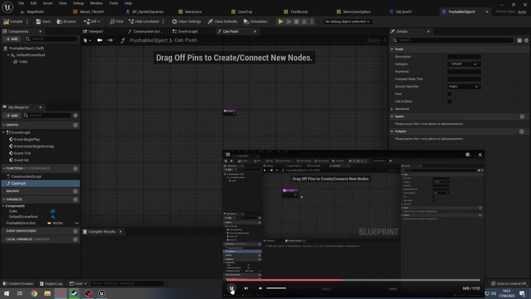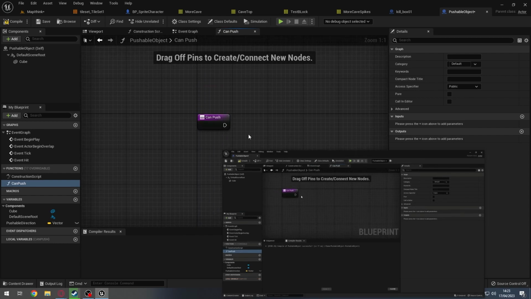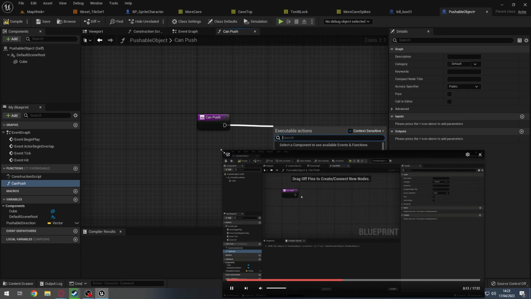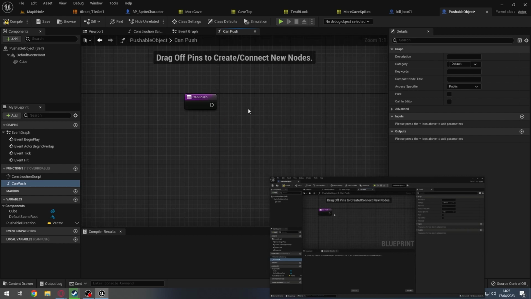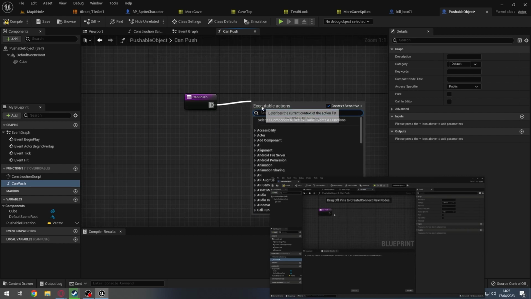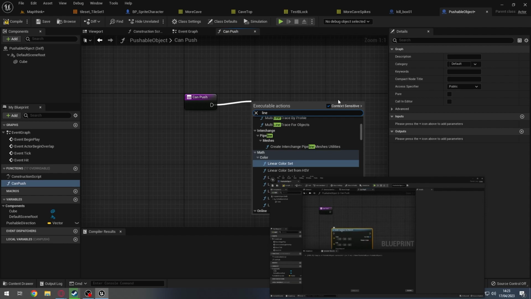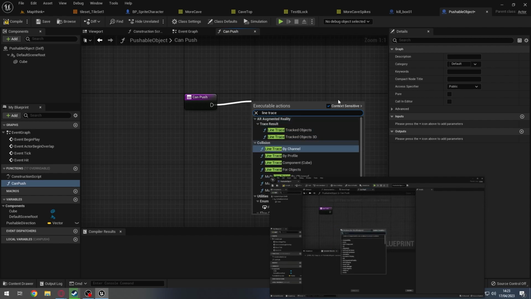We can do two line traces actually. In fact, we're going to do a line trace for the player, make sure that they are actually facing the block, and also going to do another line trace to see if the block is being blocked by another object. But let's first of all just make our character one. So we're going to do a line trace by channel. Oh, not multi. Let's do it again. Line trace by channel,